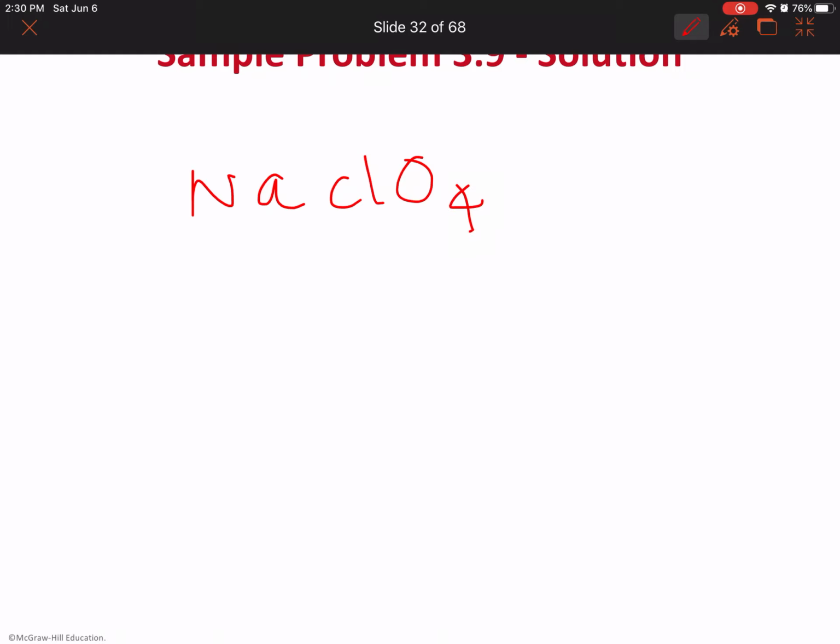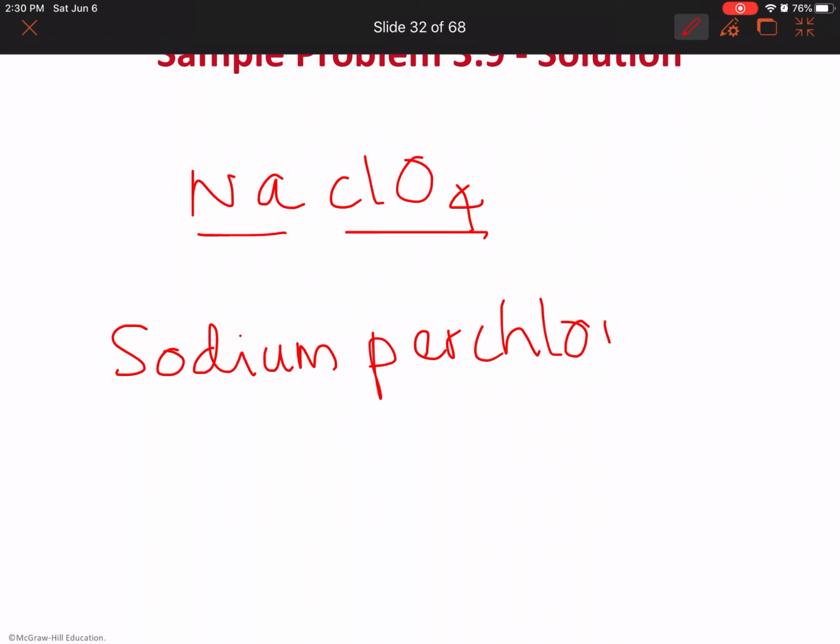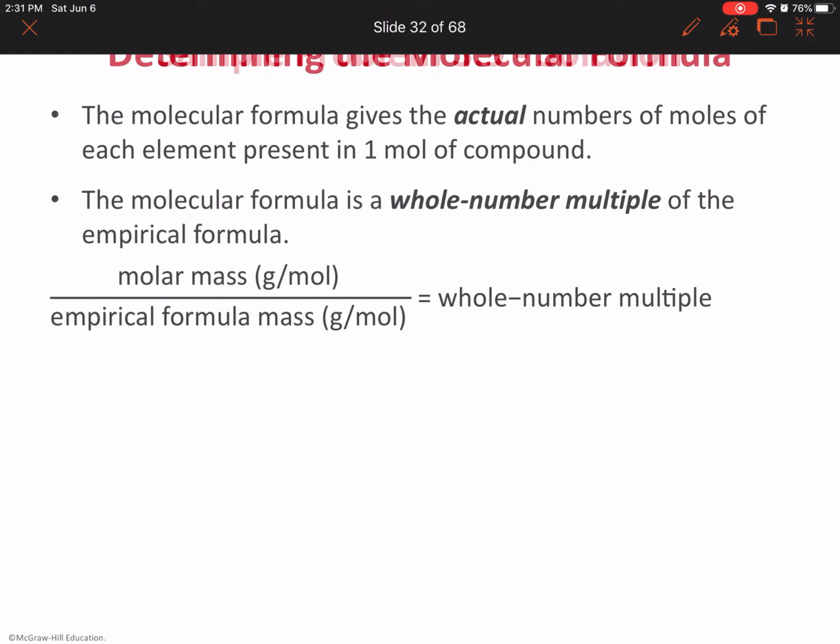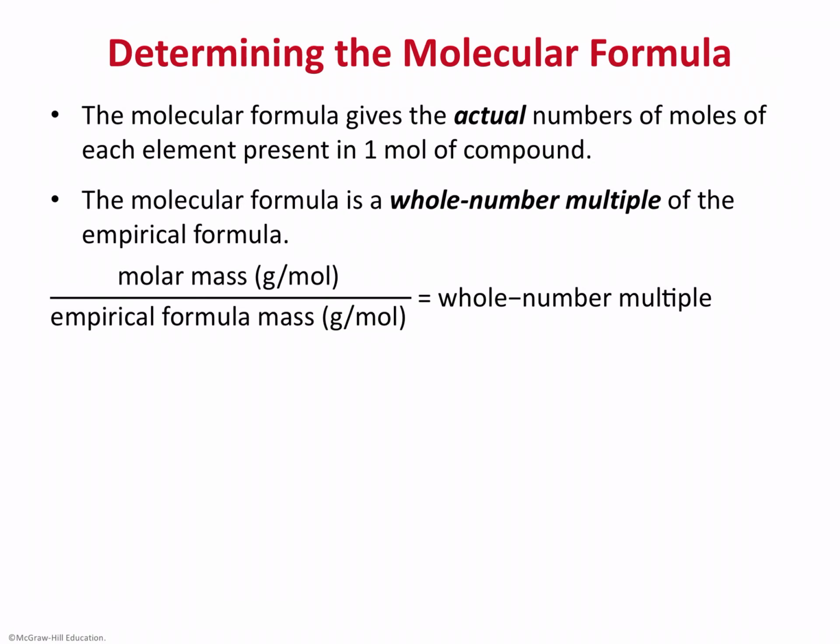Now what is the name of this compound? We know that this is sodium. What is this anion? ClO4, the highest oxygen content in an oxyanion, that is a perchlorate. So sodium perchlorate. That is how you find the empirical formula if you are given the grams. By using the molar mass of individual atoms, you convert to number of moles, and then you divide by the smallest number of moles to find out the whole number ratio. Okay, that's how you find